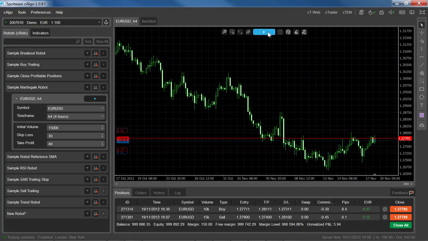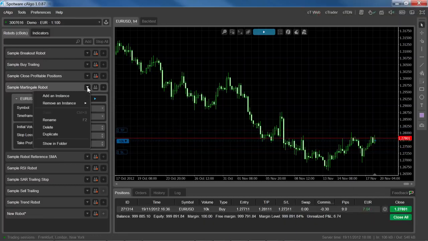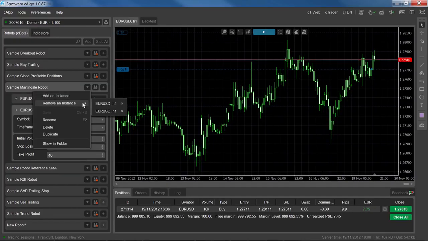As you'll notice, clicking stop won't close any orders, but will stop the robot from running, which means that it won't automatically open or close any more orders. You can still close the position manually though by clicking the rate for the position underneath the close column. You can add as many instances of any cbot as you like and have them run at the same time. To remove an instance of a robot, go to Remove an Instance from the cbot menu and choose the instance